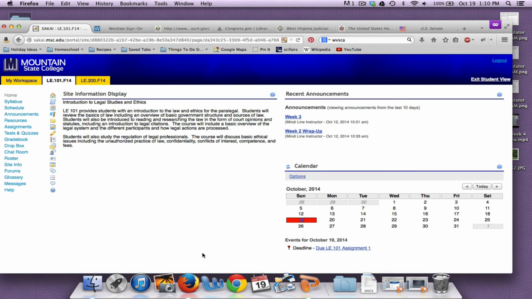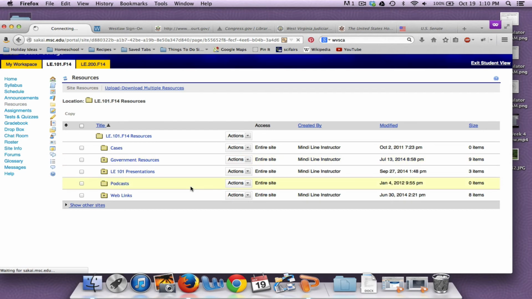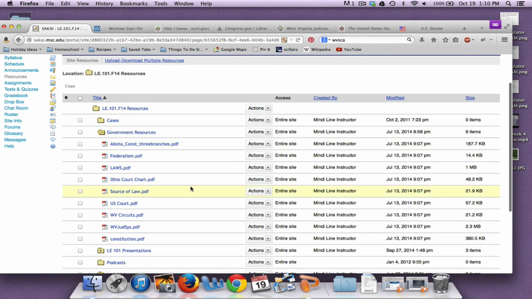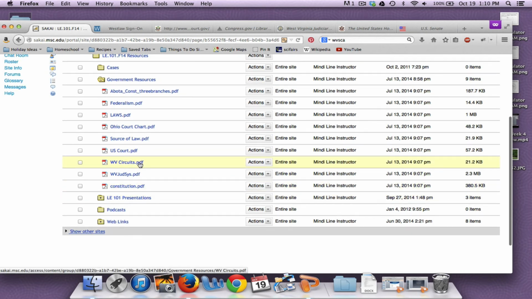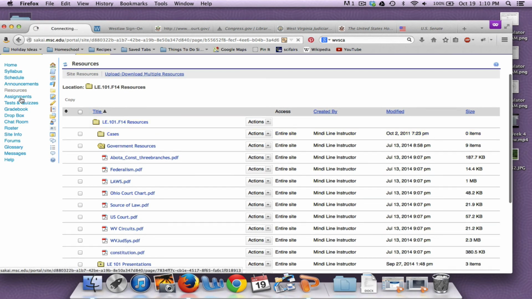Here is the Sakai site that we're looking at right now. So I will add an announcement, and then under resources, if you click on government resources, here are those that I was talking about. So the West Virginia Circuit, a map of the West Virginia judicial system, a chart of the Ohio court system, etc., that you can look through and make sure that you're familiar with all this information. Under assignments,